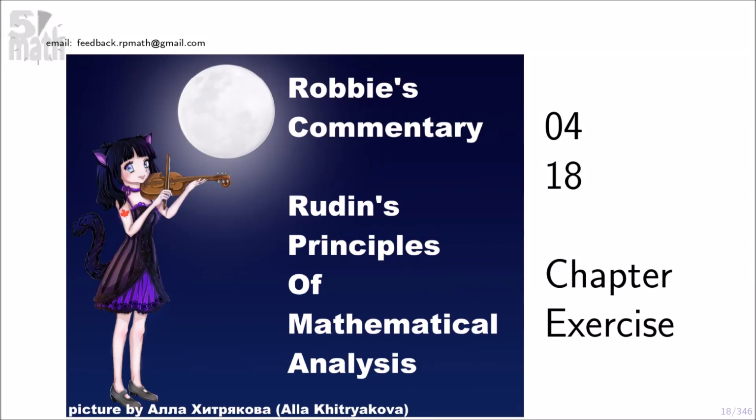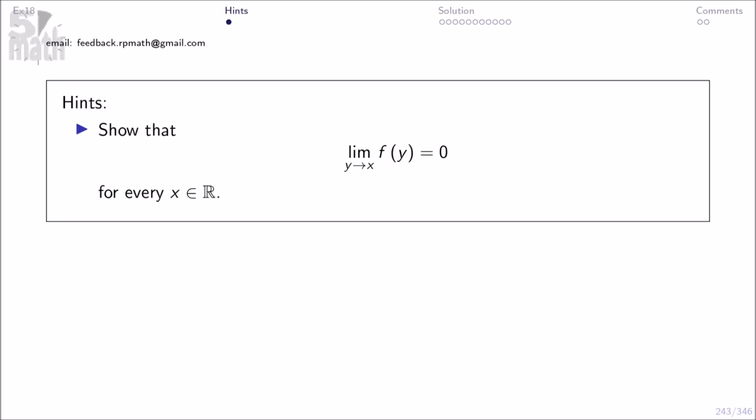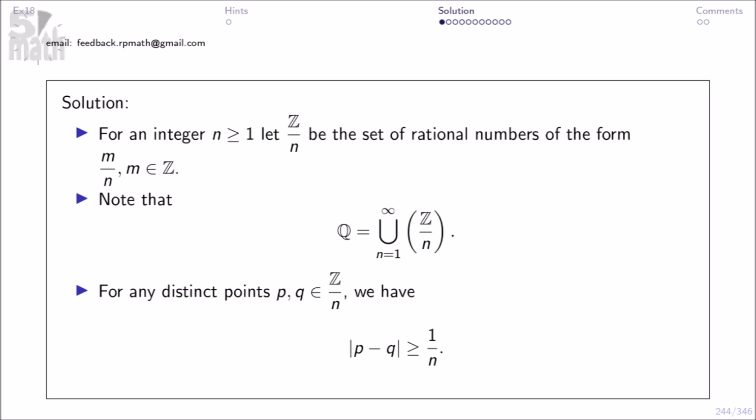Chapter 4, Exercise 18. Hints. Show that limit y to x f of y equals 0 for every x in R. Solution. For an integer n greater than or equal to 1, let Z over n be the set of rational